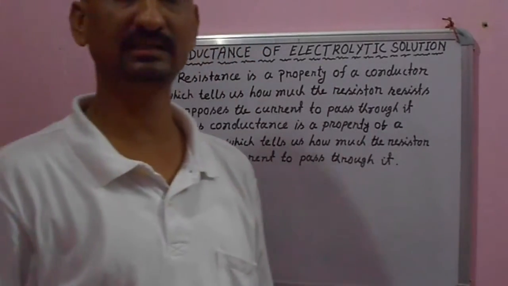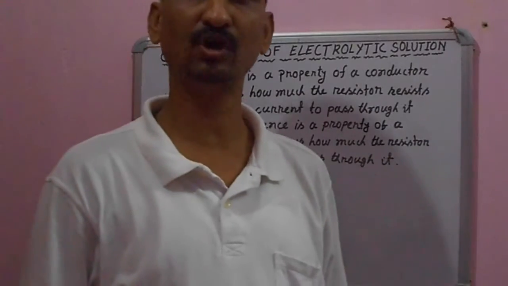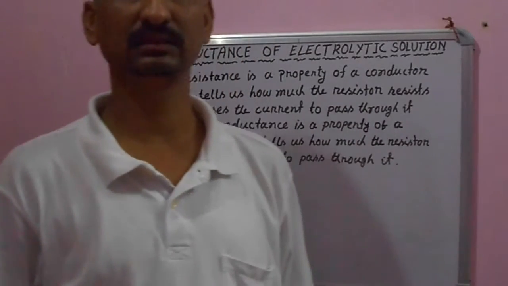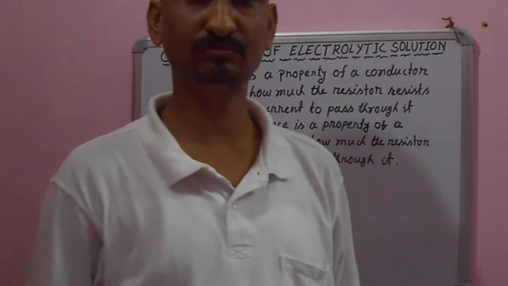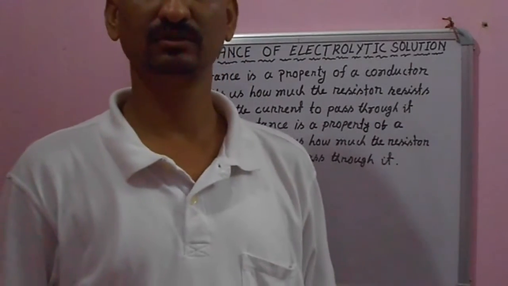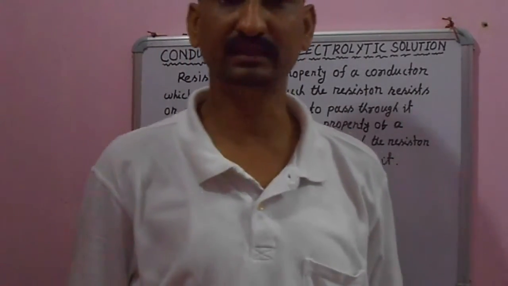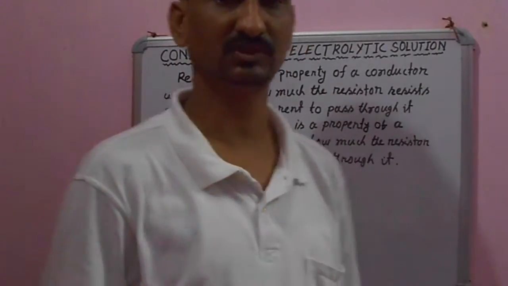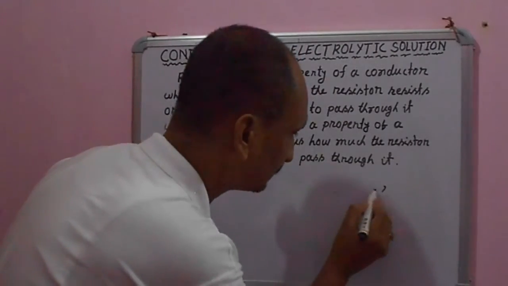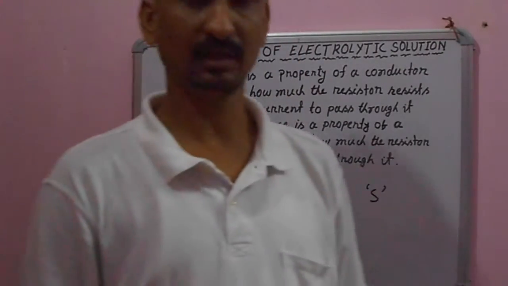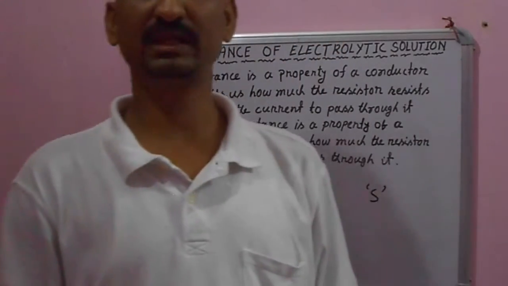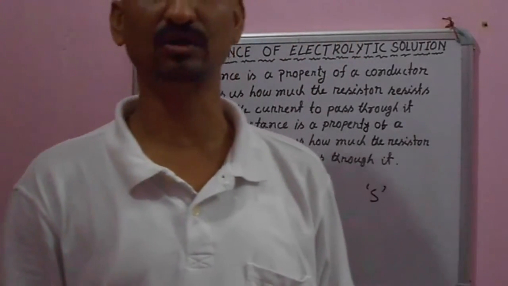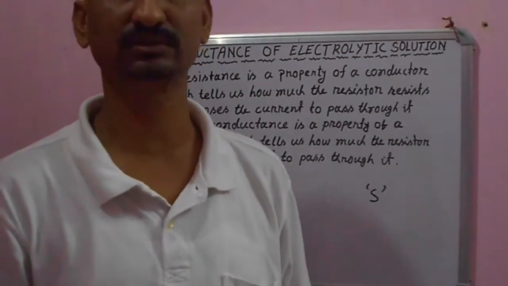So conductance is a measure of the degree of flow of electricity along a certain part of a substance. That is, conductance is the measure of flow of electricity through a substance, and it is measured in the unit Siemens, as it is symbolized. And this flow of electricity is due to either the movement of electrons or the movement of ions.